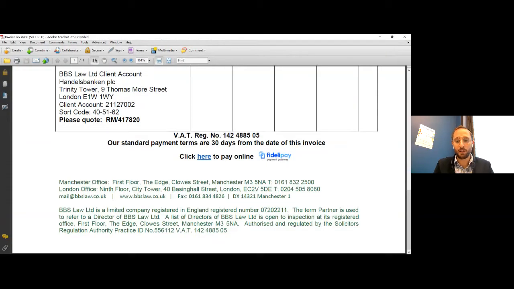I'm first going to start by showing you an invoice where we've got a client that's actually added this to their invoice. So over here you can see this is a company called BBS Law, and just skipping past all the information, you see at the bottom they've got a click to link, and that takes you to their generic payment page. So if I click on that, I'll need to unshare and reshare my screen, so just give me a moment. That has taken me to a payment page, which only I can see for the moment. If I just share my screen once again,